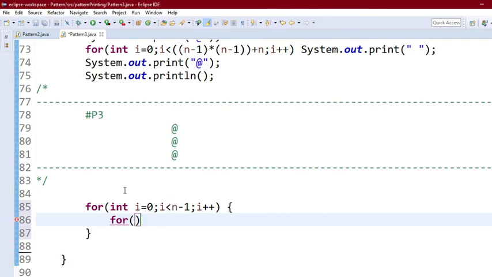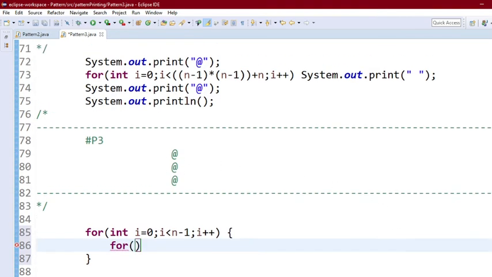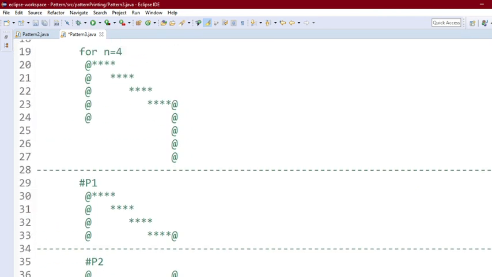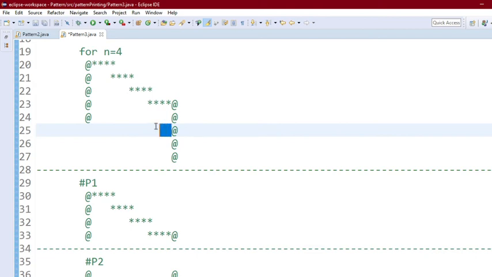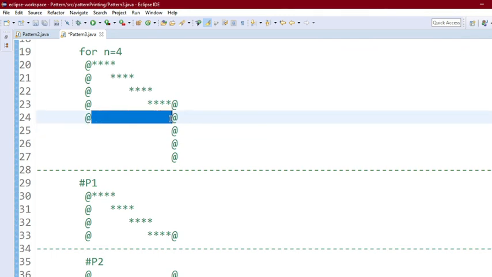Okay, how many white spaces do we have to print? Let's see on the top. The white spaces we are printing here should be equal to these white spaces plus 1. We are adding plus 1 because this @ sign is disappeared from this location, and we are printing a white space in the place of this. So we will use exactly the same number of white spaces that we have used in between these two, and we'll add 1 to them.